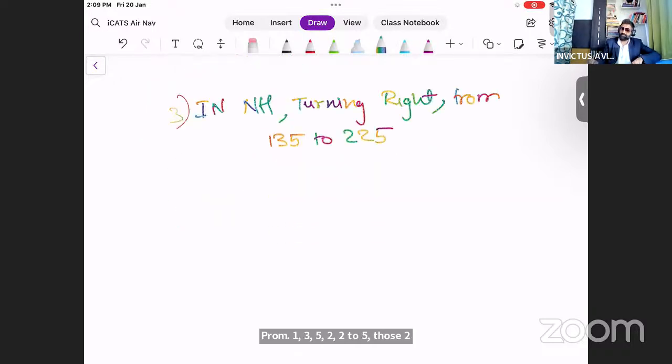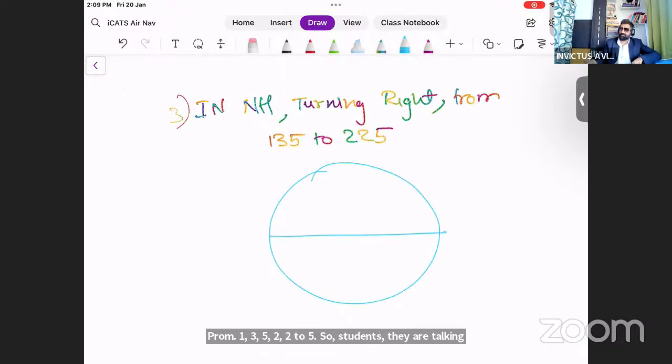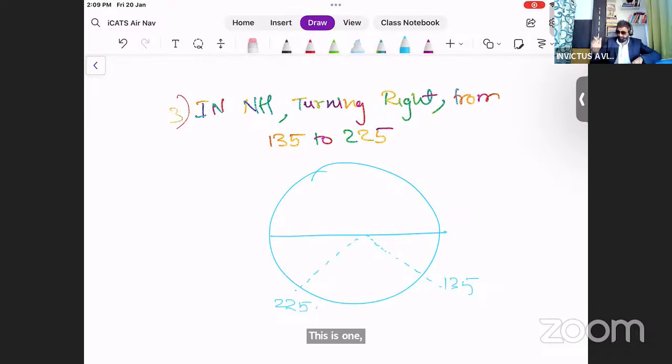So students, they are talking about aircraft in the Northern Hemisphere. What is 225? And what is 135? This is 135. This is 225. With respect to directions, the aircraft will be turning from this alignment, that is 135,